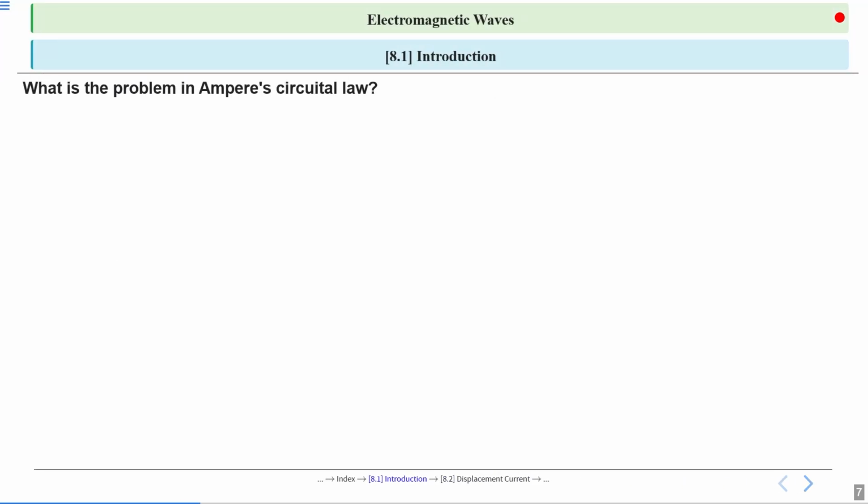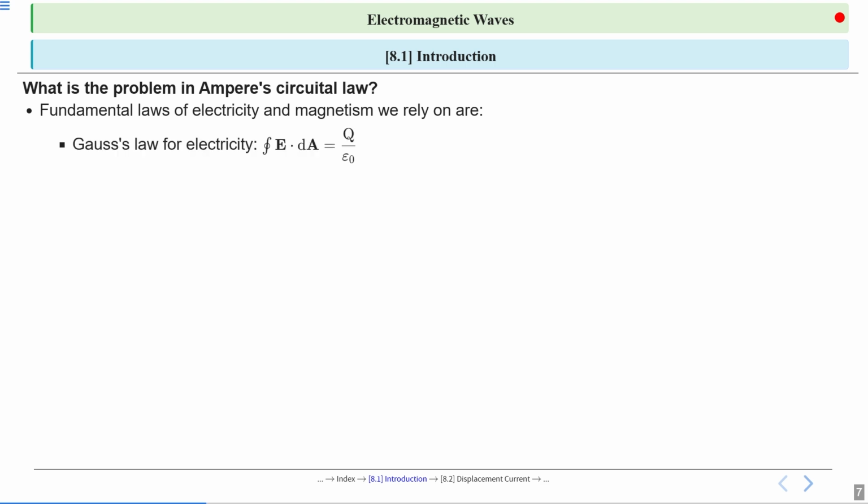So what is the problem in Ampere circuital law? He modified the Ampere circuital law. So what was the problem in Ampere circuital law? We will see. The fundamental laws of electricity and magnetism we rely on are,